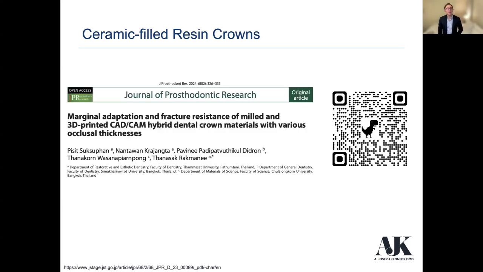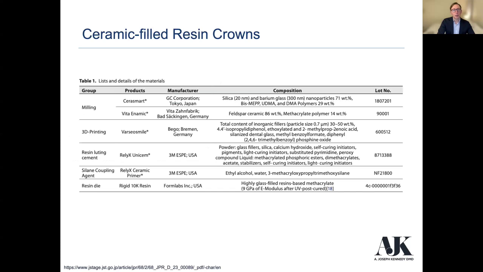Marginal adaptation and fracture resistance of milled and 3D printed CAD/CAM hybrid dental crown materials, various occlusal thickness. That is a mouthful, but it is a really important paper out of the Journal of Prosthodontic Research. So they looked at different types. We've got that Vario Smile from Bego, as I mentioned, from Germany. We've got milling, so you've got the Cerasmart and Vita Enamic, and then they looked at the different cements. Many of us are probably using Unicem or RelyX Ultimate Plus, but this is what they looked at in this